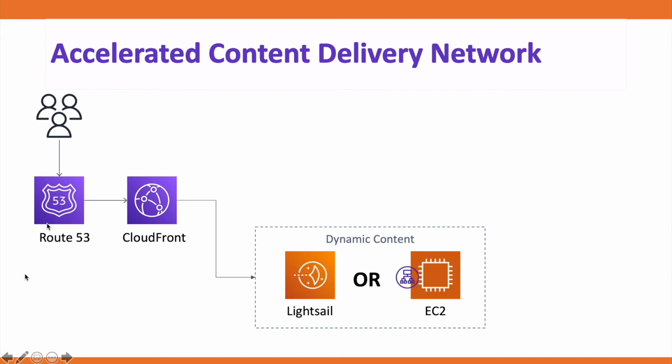We usually host or store all our content in one part of the world, so the network latency varies depending on the user location. To improve the end-user experience, especially when our users are spread across the globe, we use a content delivery network, which will cache our content in edge locations near our customers and offer low latencies. We could use any third-party CDN or CloudFront, Amazon's CDN. Amazon CloudFront is a web service that provides an easy and cost-effective way to distribute content with low latency and high throughput via multiple edge locations.